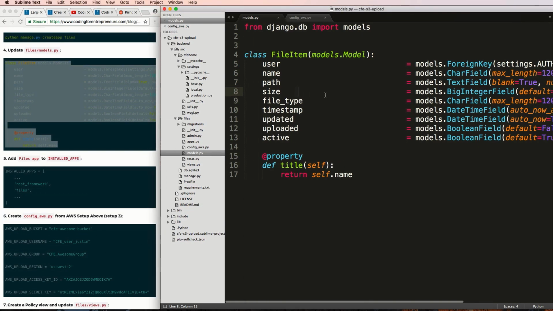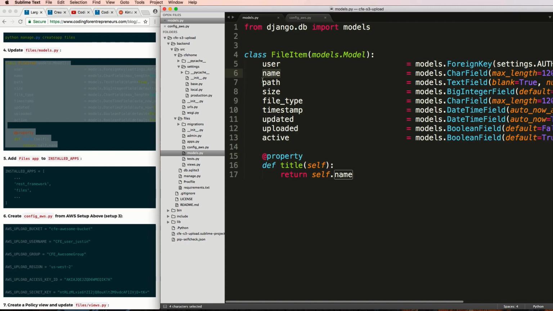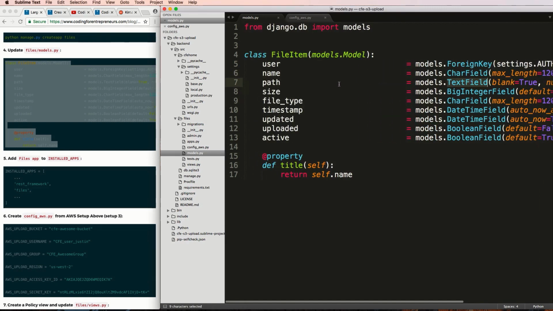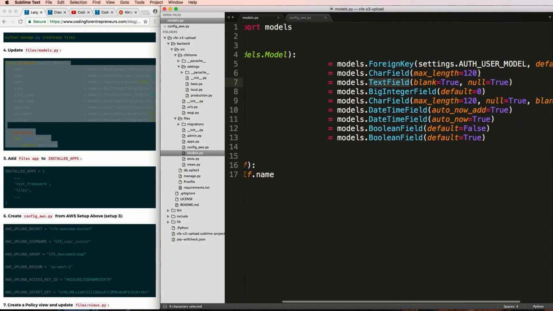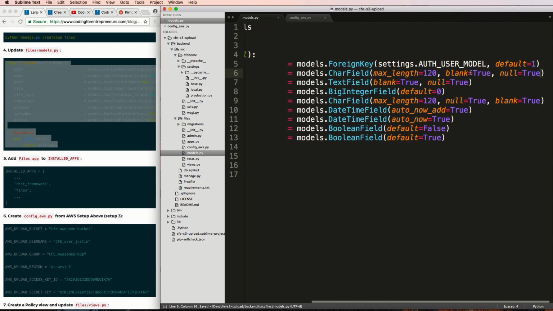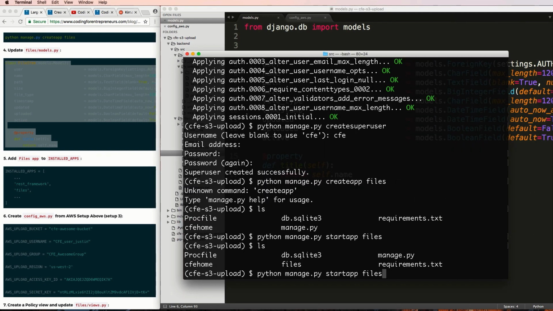Okay, so let's go ahead and look at this file item here. What this is really just a database entry where we're going to associate it to a user, so any given user that's actually logged in. We're going to give the file a name, so we'll actually have some way to name the file. We're going to also allow for a path that is an upload path specifically for this file as well. Something I'm going to add here is just say blank equals True and null equals True. Only for the purposes of this example. You might upgrade and change it later, but I just wanted to make sure that we make this nice and